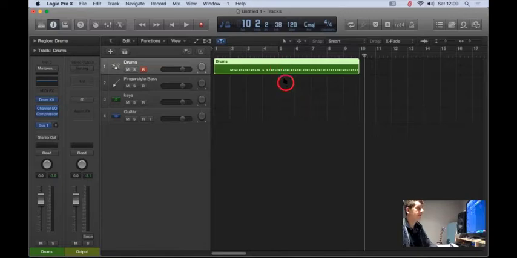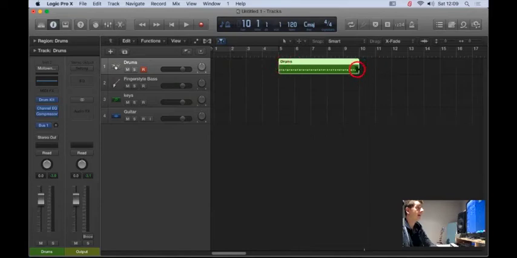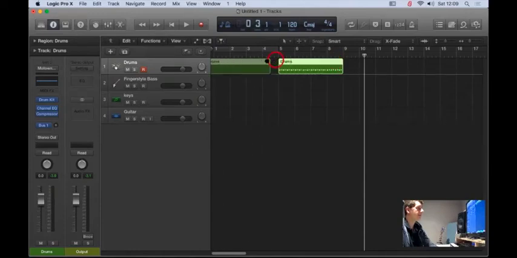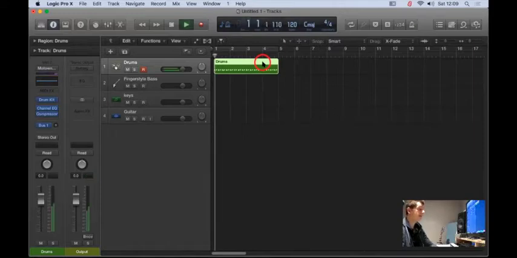So I'm going to cut that, which I can just do by dragging the region. This is called a region, by the way. And then I'm also going to do the same there. So I've now got a 4-bar loop, but I want it to go from the start. So I'm just going to drag it back like that. Now if I hit enter and space,